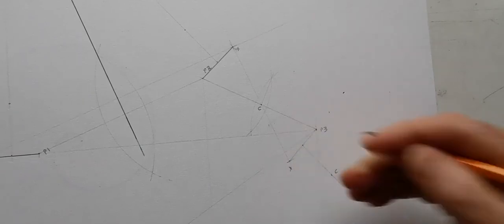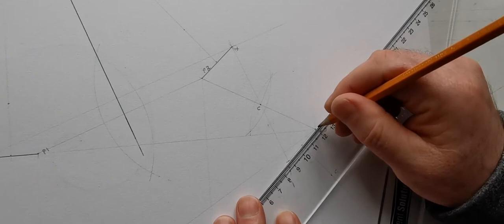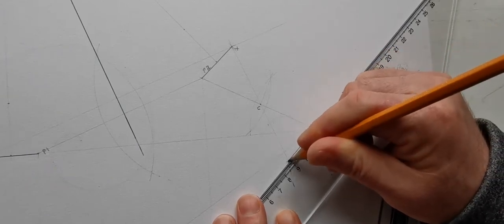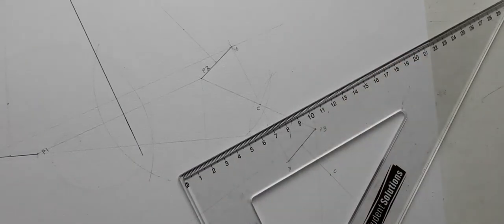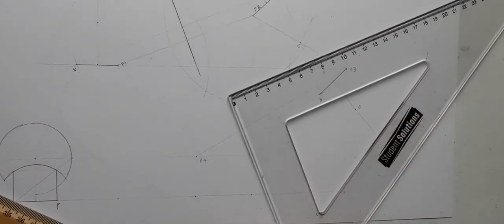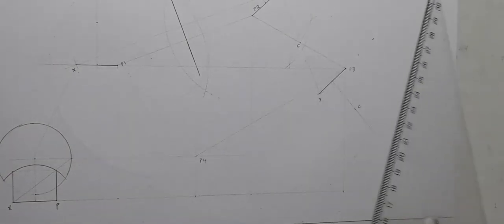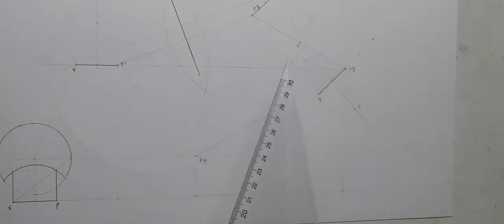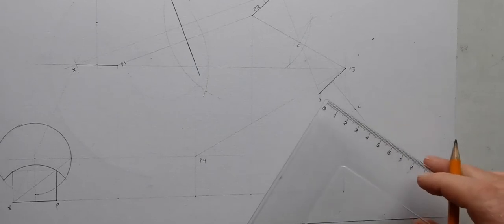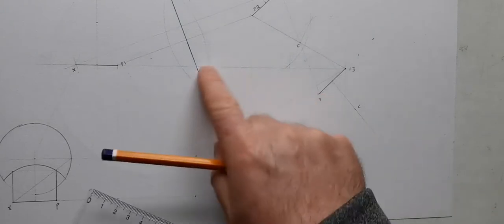So finally now, just heavy this in. So I'll just zoom back a tiny bit again there now. And finally the rotation. Now it rotates clockwise through 90. Now, so if PX goes clockwise through 90, now